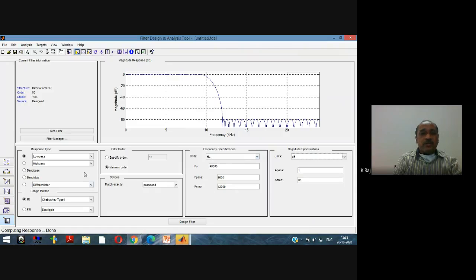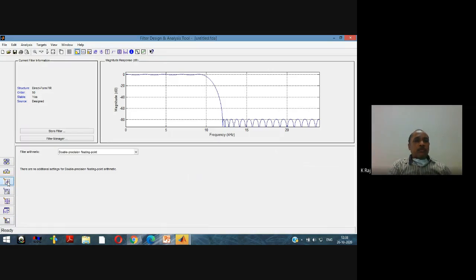And after designing, the next step is quantization. Before the implementation, we have to quantize the coefficients here. For the purpose of quantization, you have to select a particular type of number system. For example, we have selected the floating point number system, and that is double precision. When we say double precision, that is 64 bits in length. So an infinite number of bits will now be truncated to 64 bits here. And then another type is single precision,